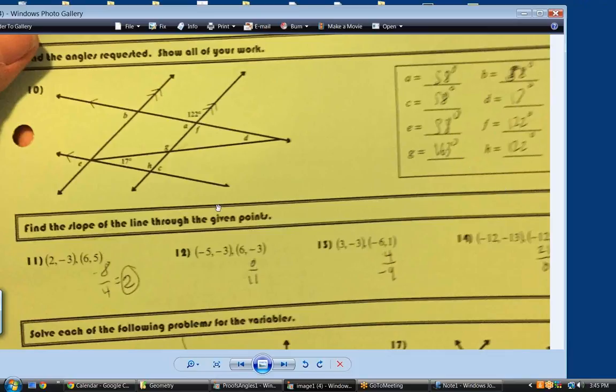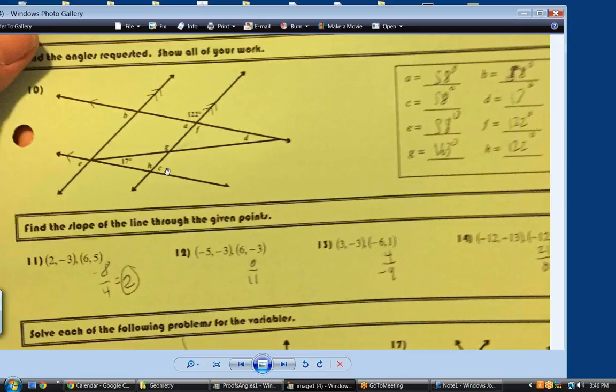Here, let's see. A is 58. B is the same as A, so it's 58. Is that what you've written? Yeah, I was using pen. C is the same as A because they're alternate interior. So it's